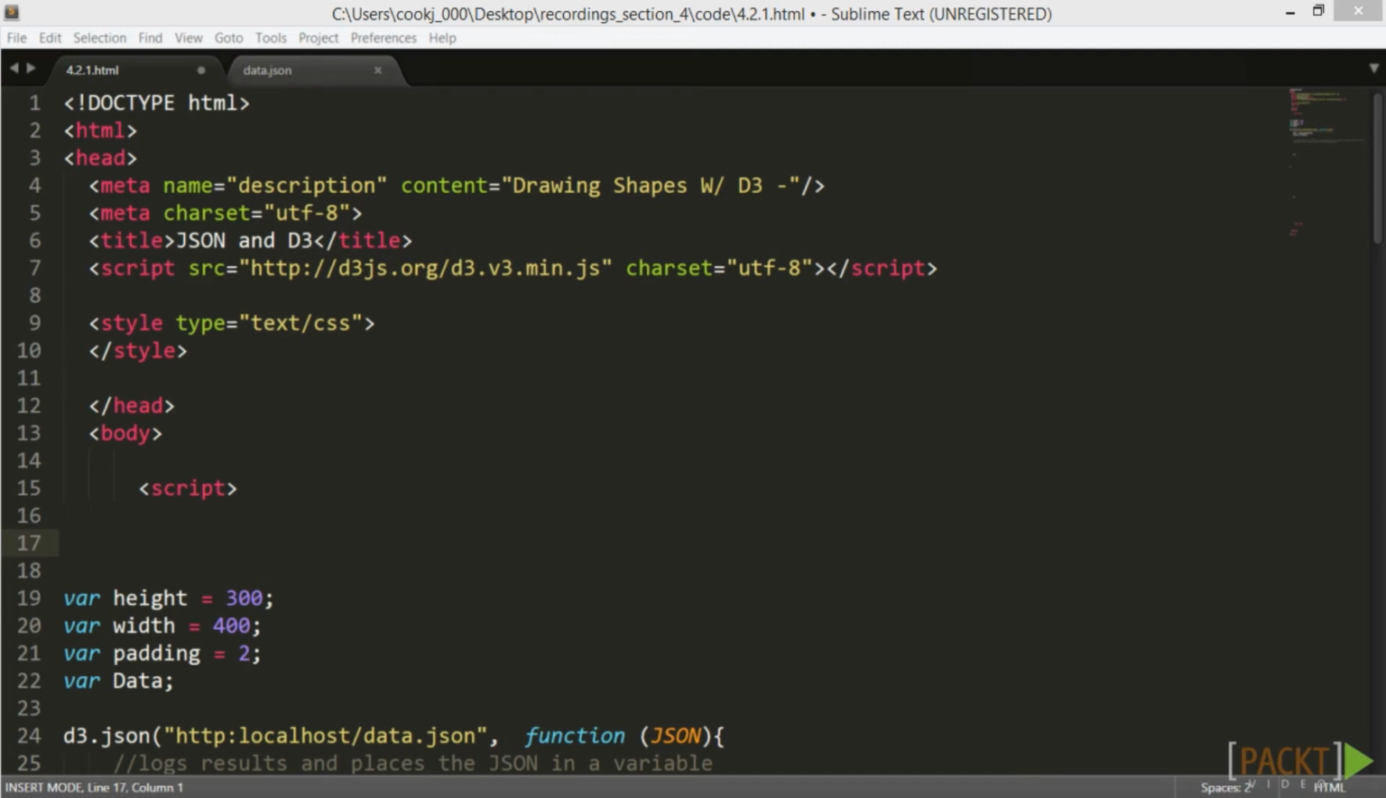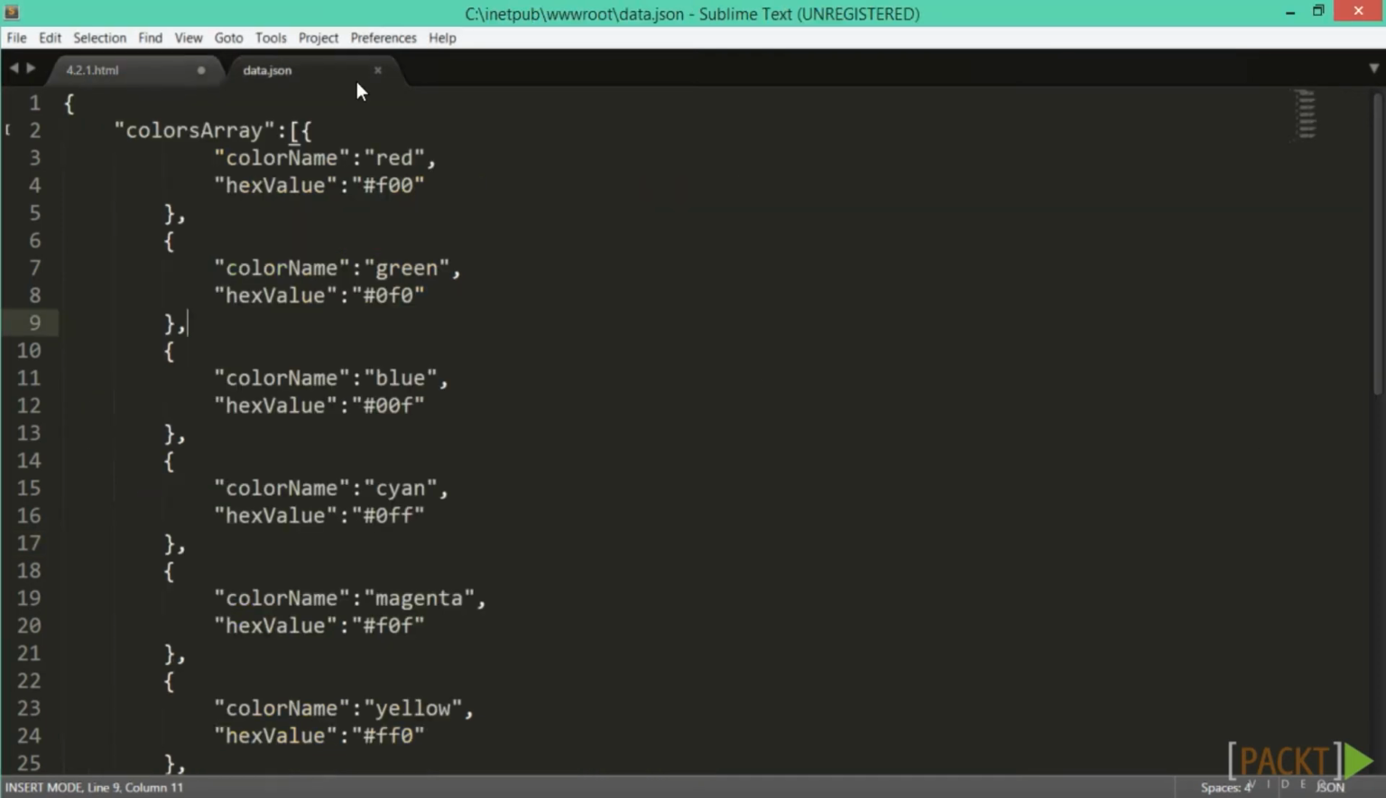Let's take a look at our JSON data, which isn't quite as nested as many JSON data files are, but allows access to several JSON objects through the colors array key, inside of which we have a number of key value pairs, including color name and hex value. After you've placed the file in the proper location to be hosted locally, let's jump into the editor,